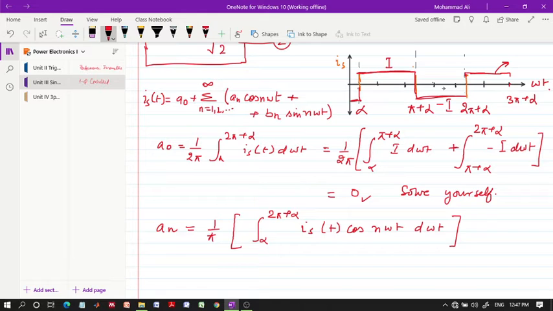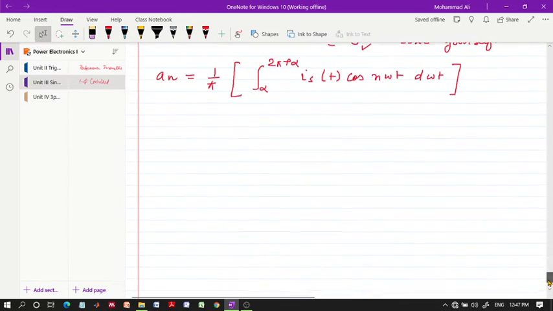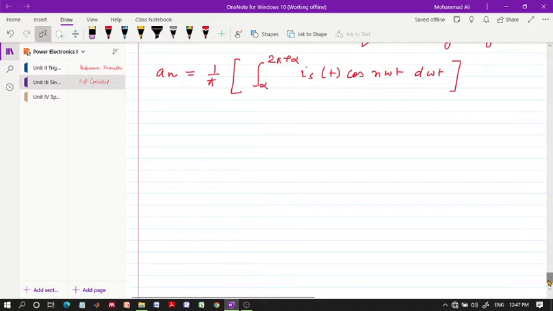What we are using here is the concept of half wave symmetry and quarter wave symmetry. That's why we are taking the range of 1 upon pi. Because if we take the range of 1 upon 2 pi, the average will come out to be 0. This is nothing but the same expression, but we are adding the cosine of n times omega t in this term. So let us now solve this integral.